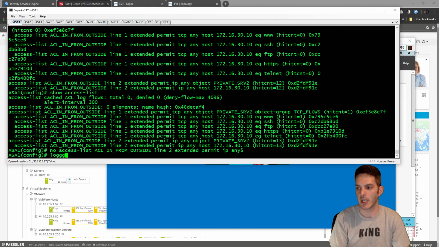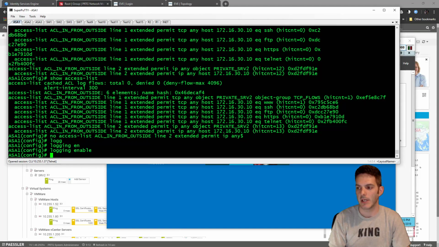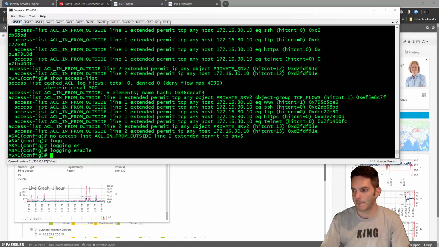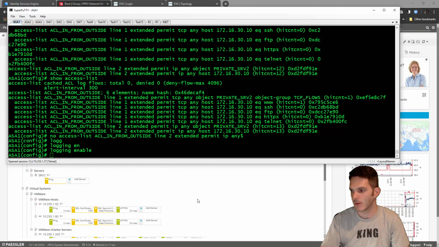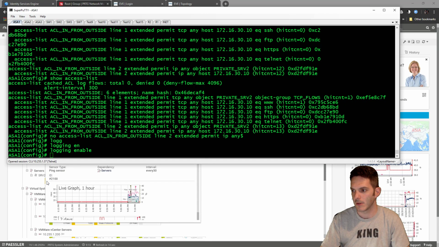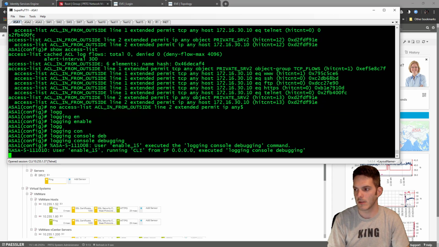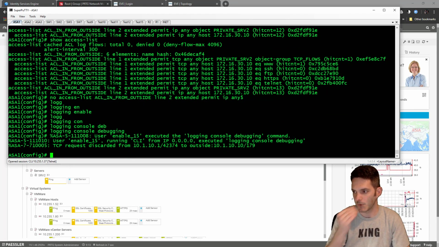If I was to type in logging enable and give it a couple of seconds, as a matter of fact, let me go ahead and just go in here and say scan now and go back to here. What should end up happening, okay, so the ping is timed out. I don't know why. Logging console debug. We should start to see, okay,